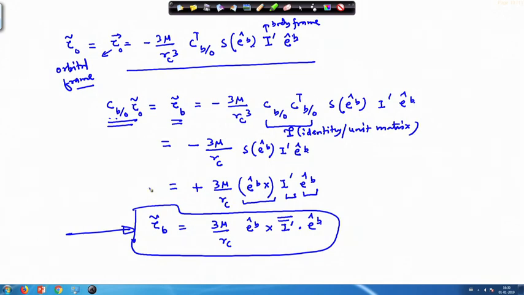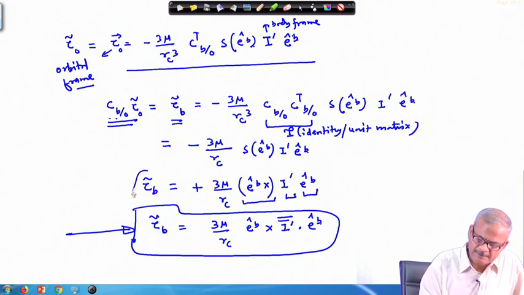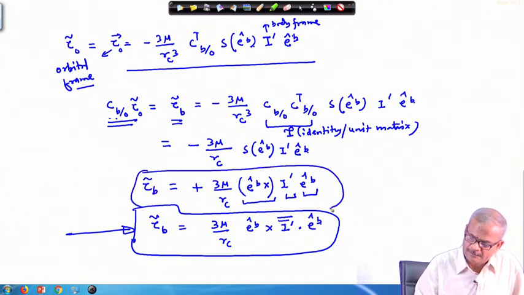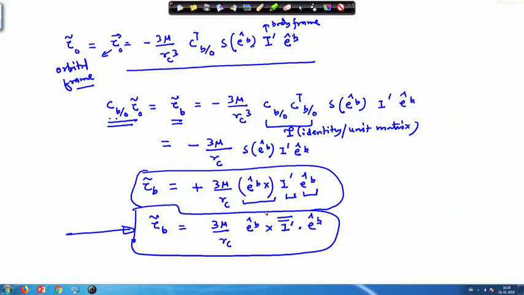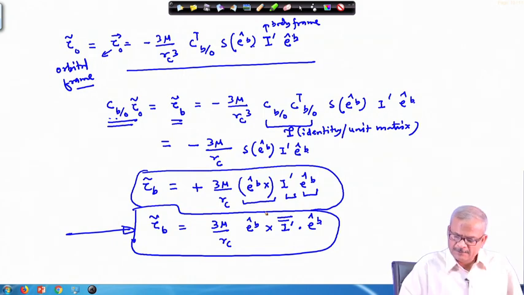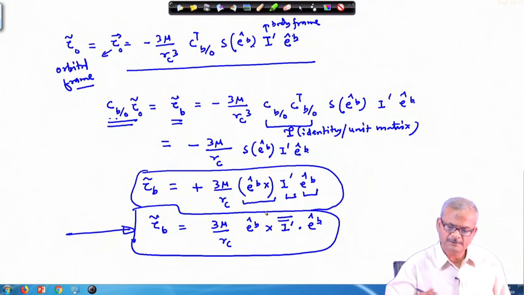So, these are our two final equations that we have been attending to. And for you people, I will do this also in the Vectrix notation, so that you become comfortable with the whole thing. Okay, so, we stop here and will continue in the next lecture.